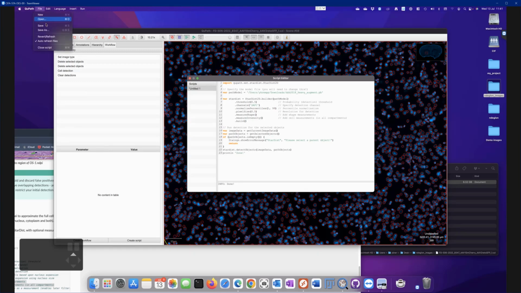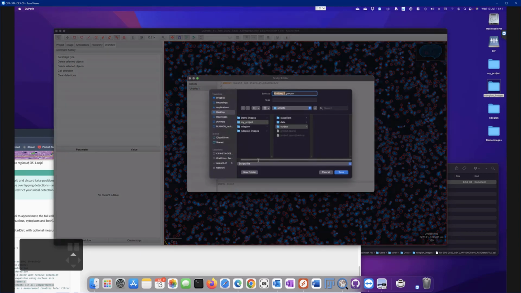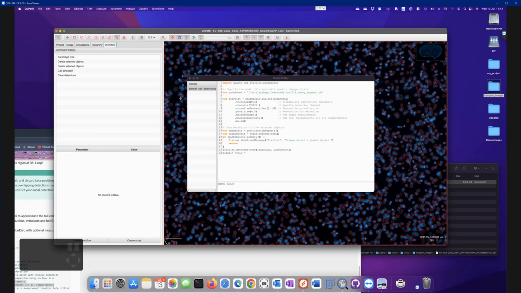So here I will save this script as, and I give it a name, StarDist cell detection. It's better if I type this correctly, detection, like this. StarDist, and save. So now if I click on the QuPath window here, if I go to automate, project script, I